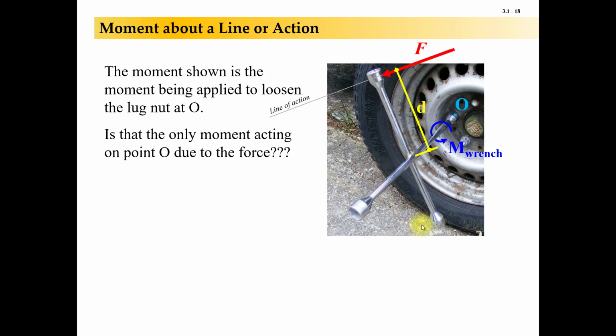You can do it at this end and this end and go equal and opposite, and we'll learn about that in the next lesson. That's a force couple. But here, let's just say that we're applying it in one direction. So we're applying this one up here. This is obviously going to be causing this moment, from a scalar point of view, of what I'm calling M sub wrench,